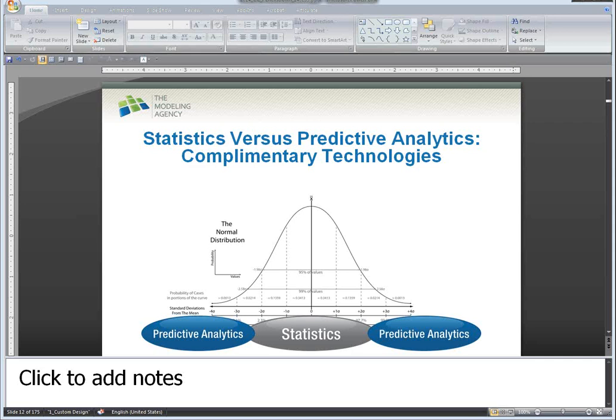If we can find a way of consistently and reliably identifying those groups of people that behave at significantly different rates, we can get a significant enhancement in performance by adjusting our resource allocation strategies. That tends to be our emphasis in predictive analytics. And what you'll find is that they need to be used in combination. The more we move into subgroups of the population that start to approach the central tendency, the more often predictive analytics doesn't work as well, and we start to fall back on more traditional statistical techniques because that's what stats is good at. The key is really picking the right tool for what it is you're trying to achieve.